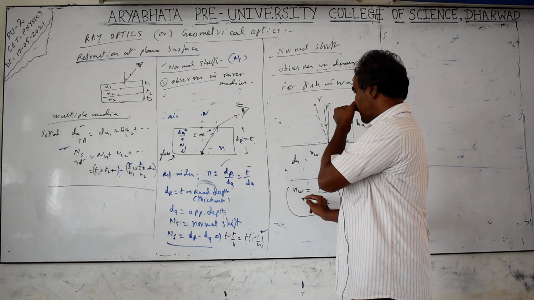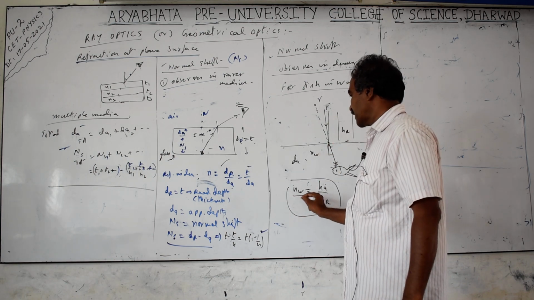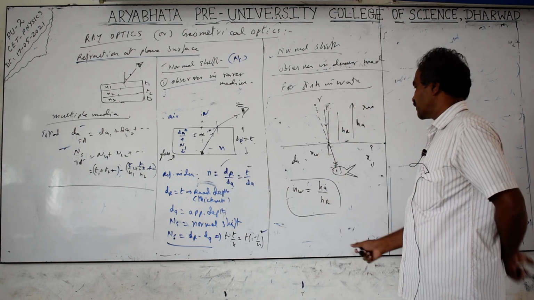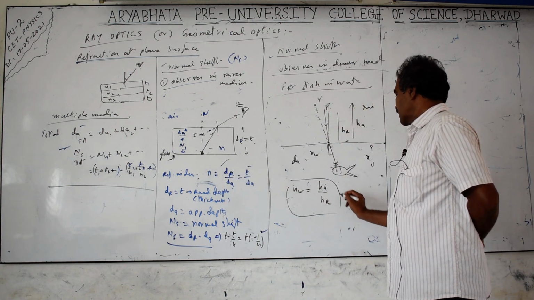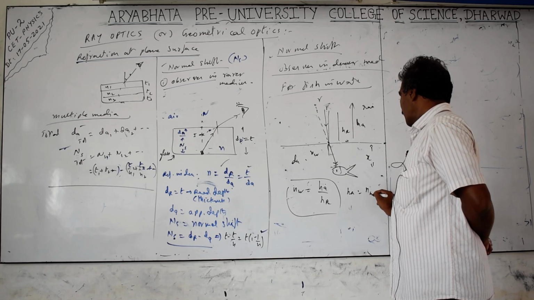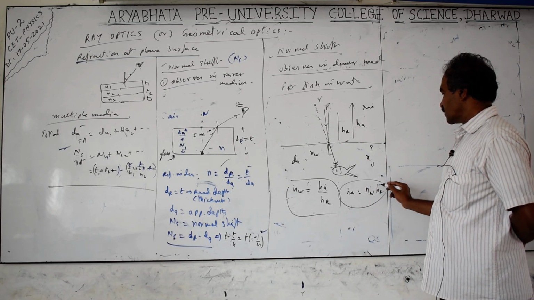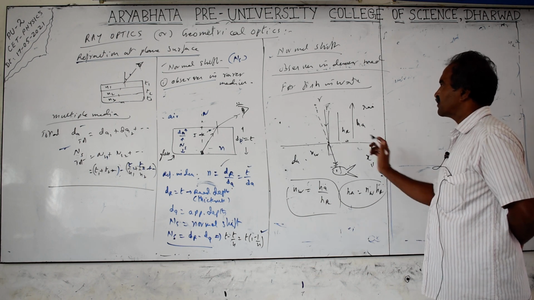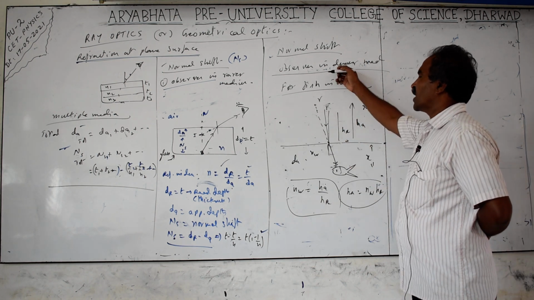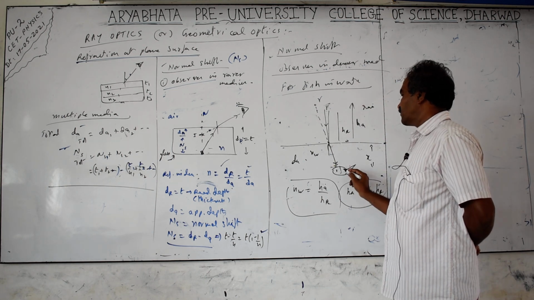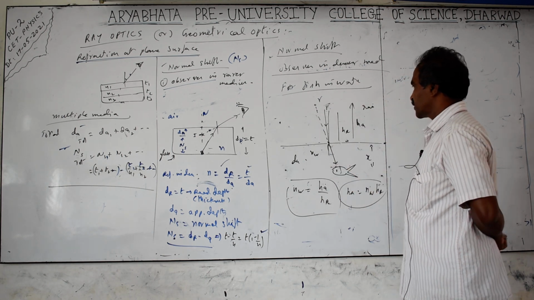Instead of air, if some other medium is there, then it is divided by air here. This is for glass or water; you have to take the reverse relation. So the apparent height becomes equal to n water into real height. Because n water is always greater than 1, the apparent height will be more than the real height. It means even though the bird is very near, the fish thinks it is still far away. So the bird is able to catch the fish easily because the fish thinks the bird is not near to it.